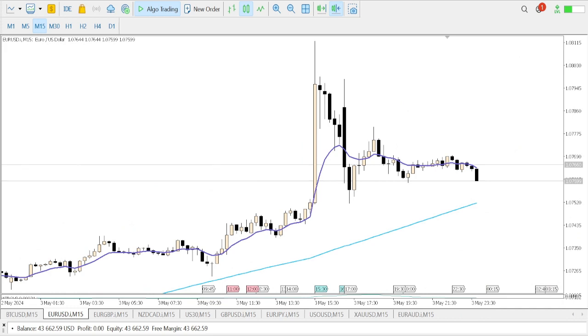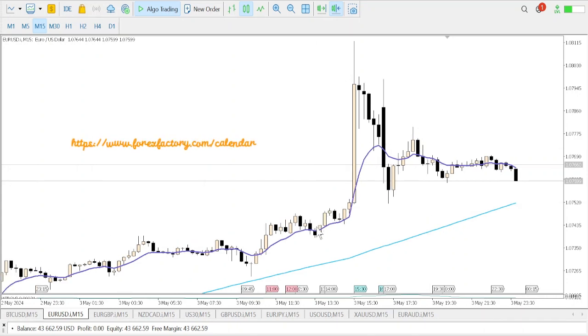This is Forex Factory. I don't know if my charts will show it, but you can go to www.forexfactory.com and it's going to give you some news there. That is one option to know when these news are about to be released. This is going to save you a lot of pips, a lot of money, and a lot of lost trades